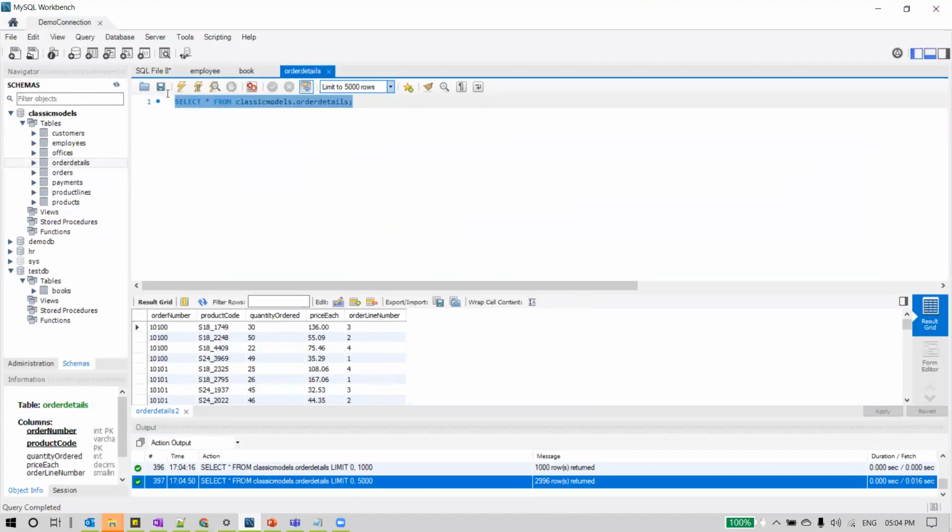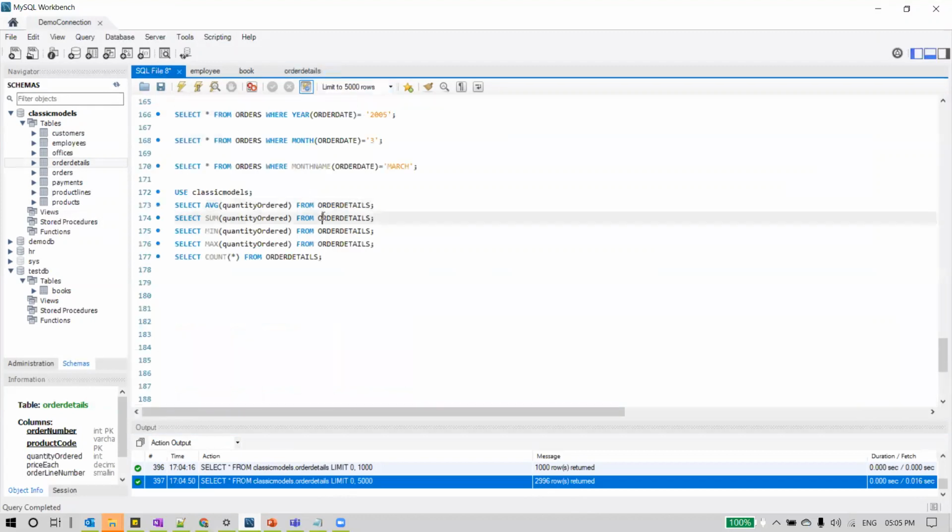That is the number of rows this table has, and we can quickly see the structure of this table. It has the order number, the product code, and for each product code, how many quantity were ordered, the price of each unit, and the order line number. This is the structure of the order details table.